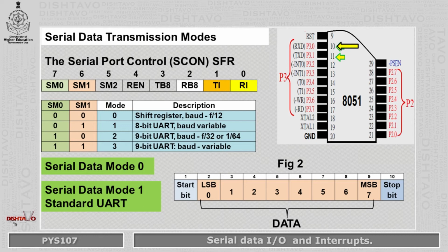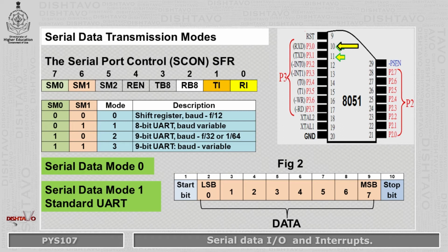Transmitted data is sent as a start bit as the first bit, then 8 data bits with the least significant bit being first, that becomes the second bit, then the rest of the bits of the data, and a stop bit as the 10th bit, as shown in figure 2.